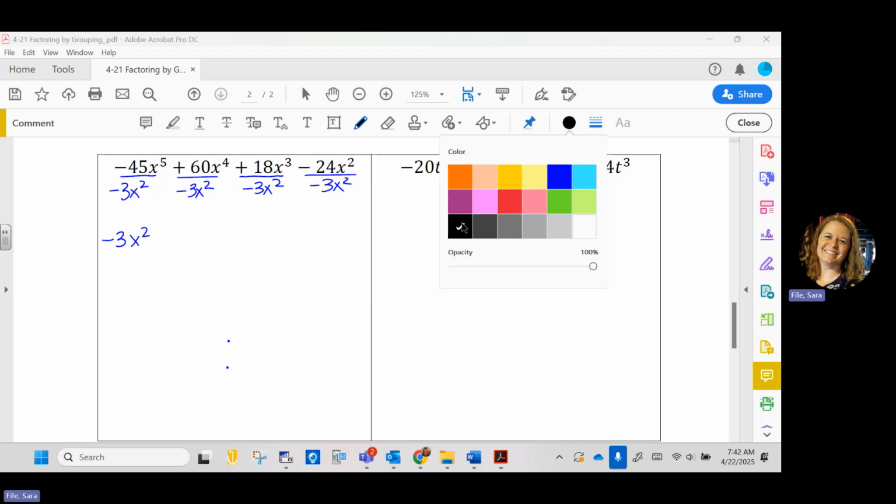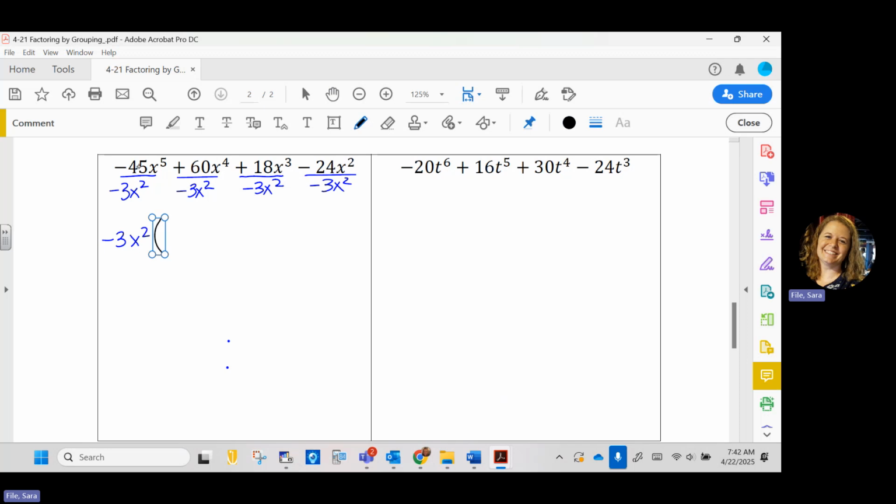And then I'm going to put in parentheses what's left when I do that division. So negative 45 divided by negative 3 will be 15. It's going to be positive now because we did a negative divided by negative. And x to the 5th divided by x squared will leave me with x cubed. Okay, so this sign is going to change to negative 20x